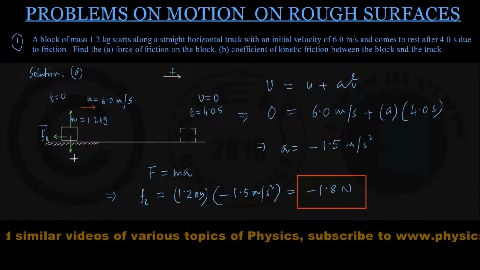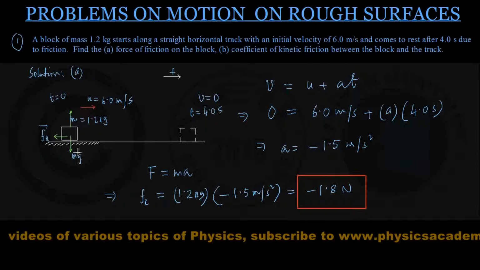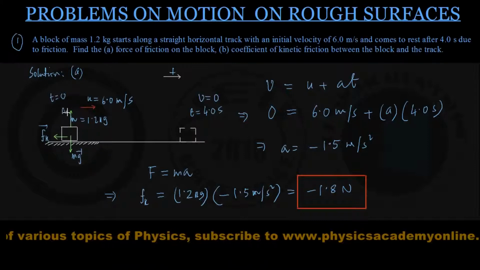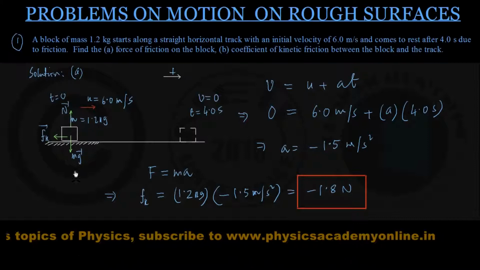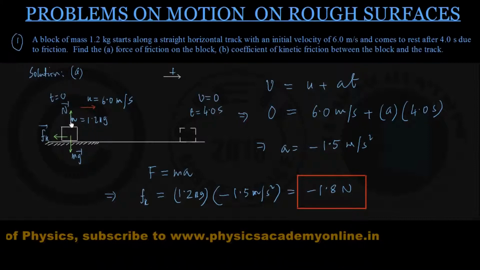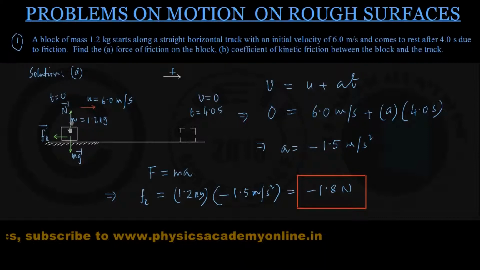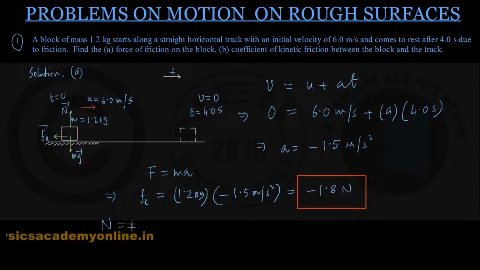So, if this is the force of gravity mg and this is the normal force N upward, a quick look at the figure is enough to tell us that since the block doesn't have any vertical motion, it only means that numerically the normal force acting on the block must be equal to the gravity force because there is no vertical motion. And then again from here I can write down that N is equal to mg, and recalling